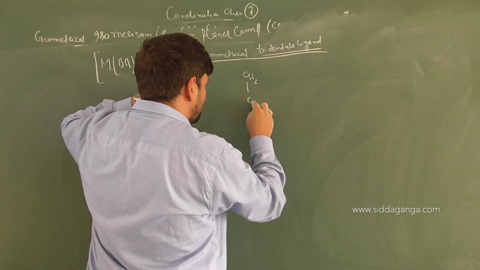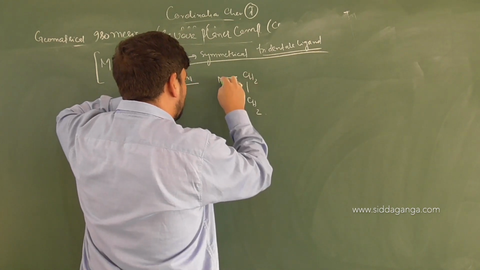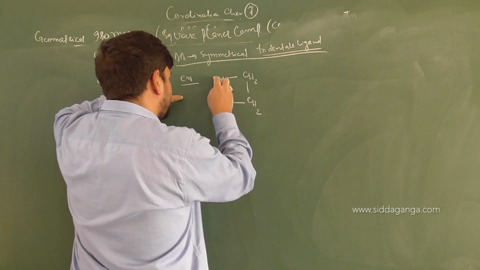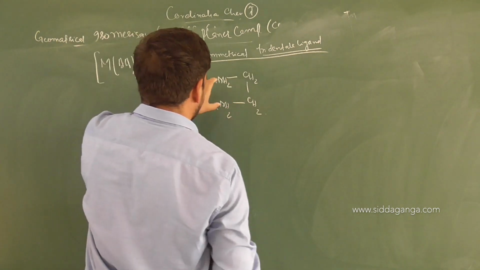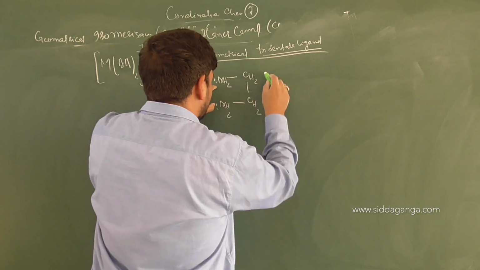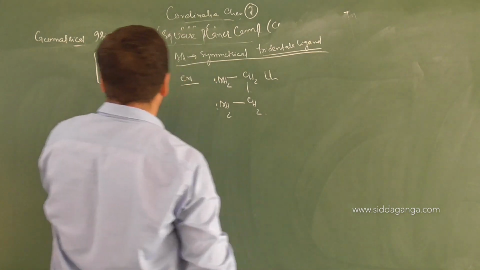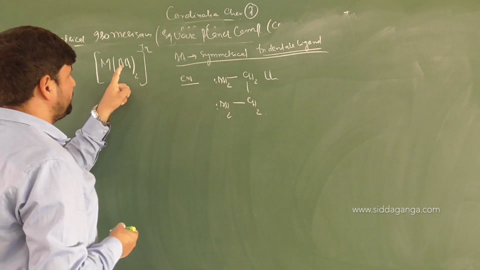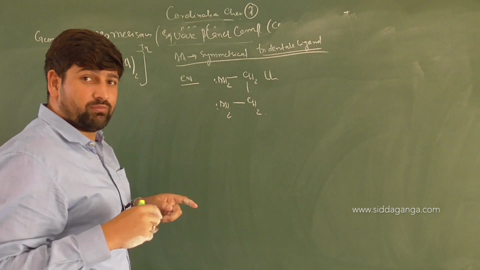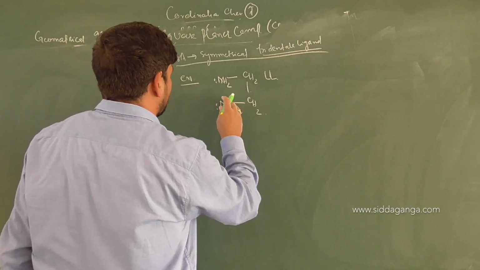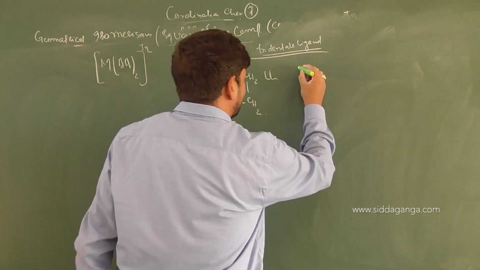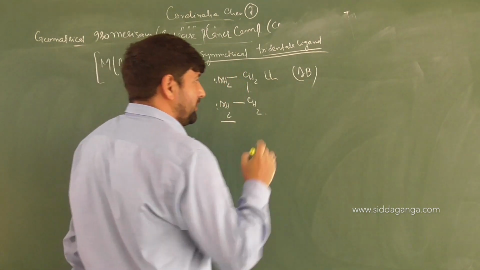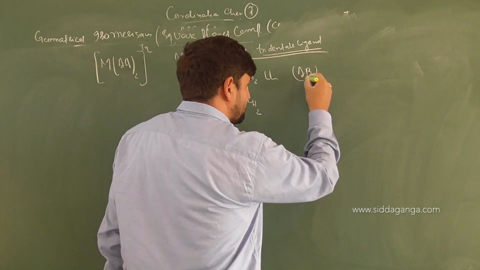CH2, CH2. Then you have NH2 and NH2. Donation can occur from nitrogen. So this is a ligand on the whole, an L type of ligand. So I have mentioned AA twice, square planar geometry, coordination number of 4, because each bidentate ligand will donate from 2 places. Thus it is symmetrical. Unsymmetrical, if I write, that will be AB type. Unsymmetrical means what? AB type of ligand system, it's a bidentate ligand.